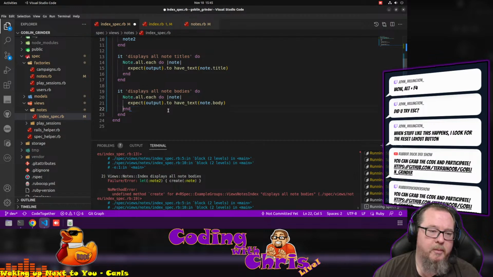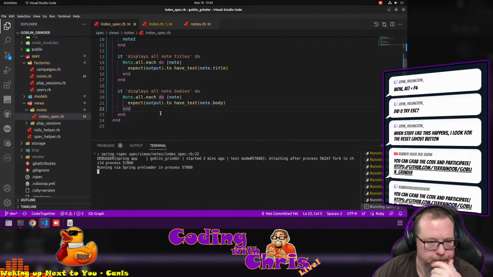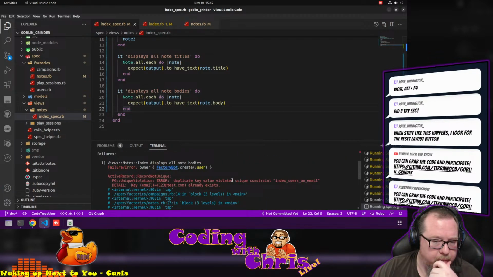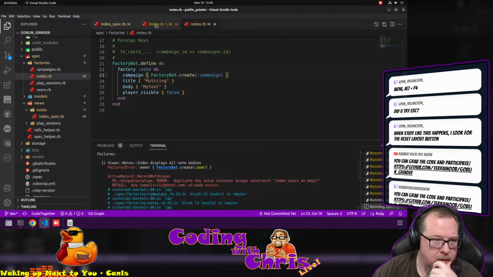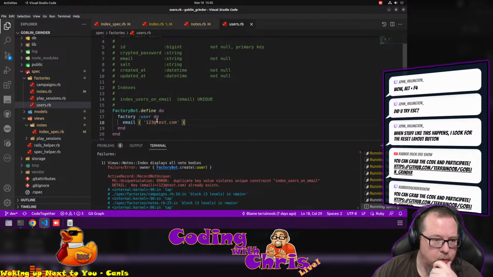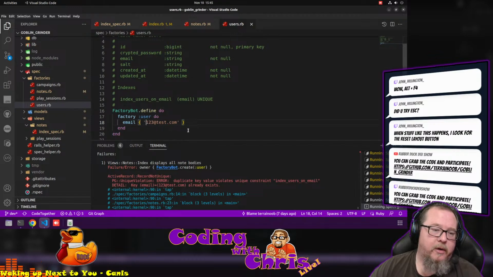Ah, crap, I got the remove whitespace plug-in for VS Code. Okay. So now that's going to fail because I'm not doing things properly in my factories. First off, what it's complaining about is my users is trying to create multiple users with the same email. That's no good. So what we're going to do is